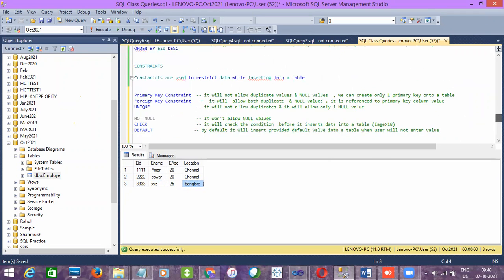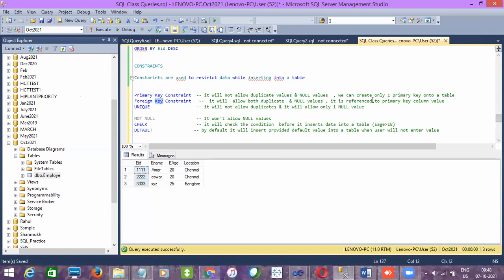And unique key will not allow duplicates, and it will allow at most one null value. And foreign key will allow both duplicate and null values, but that value should come from the primary key column values. So now we have created a primary key here. In some other table, if you create a foreign key, then only the values available here can be entered into the foreign key column.